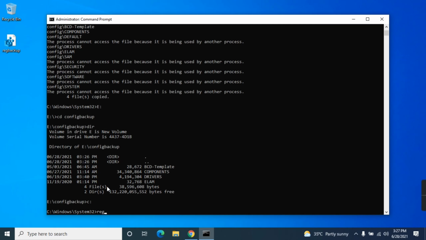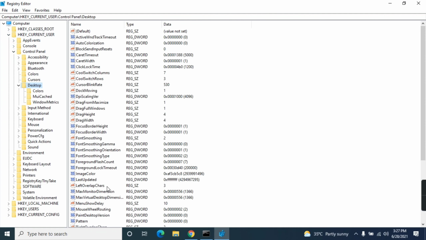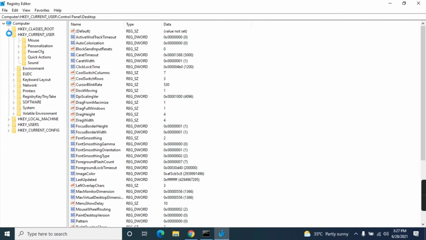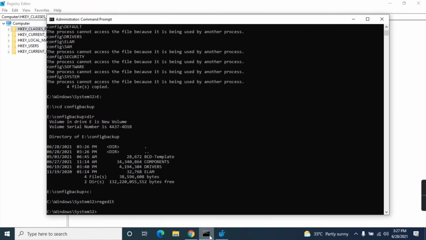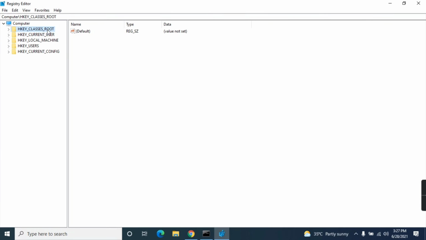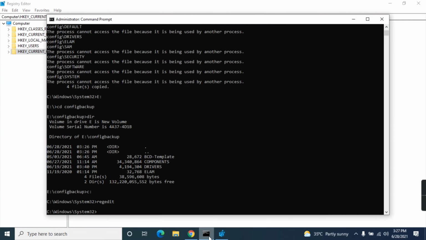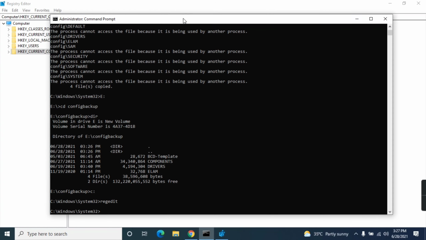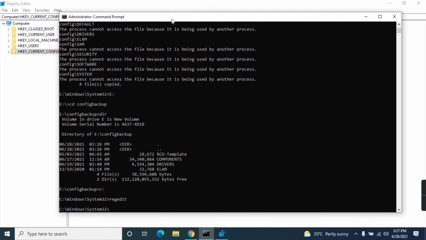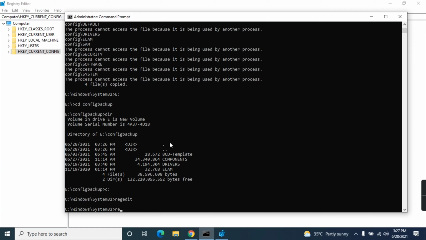So I need to check the registry. The command is regedit. Regedit is the command for opening the registry. These are the branch folders, as I already said: classes root, current user, local machine, users. If you want to take a particular branch folder for backup,